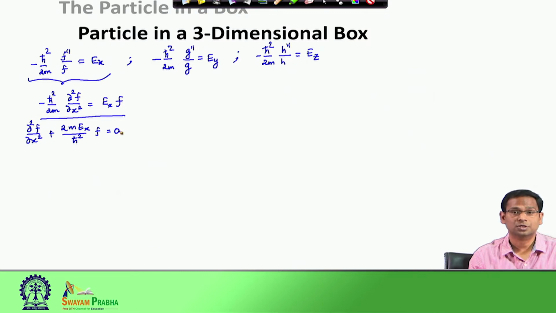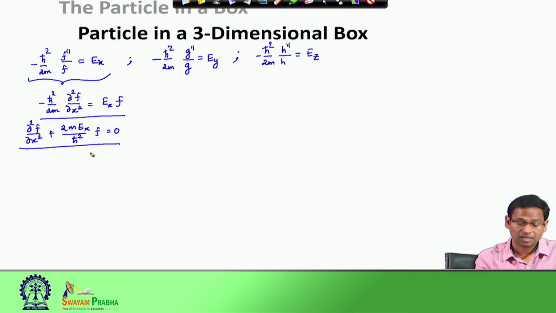And its solution is also something that we already know. If you remember, this 3-dimensional box problem has become 3 independent 1-dimensional problems, and we are currently dealing with one of these 3 one-dimensional problems. In this case, the wave function can be written down as a linear combination of 2 exponential functions, and once we have this linear combination of 2 exponential functions, then we can